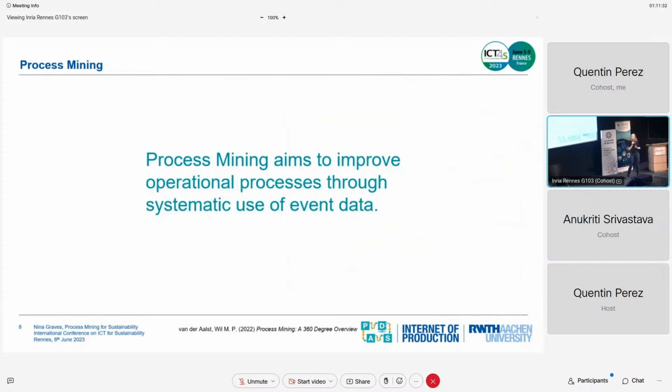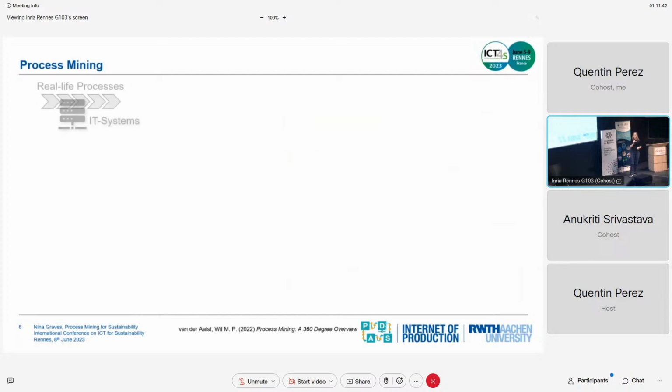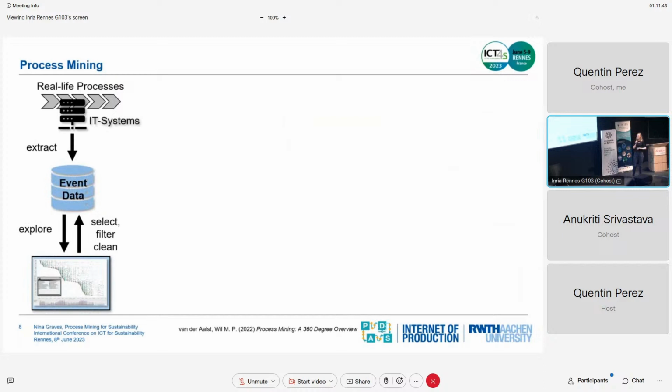Now, process mining. Well, we want to improve processes based on using this event data. And improve is a big word, and it includes a lot, and so does process mining. So we have our real-life processes with the IT systems, and we extract the event data. And as in every data-related topic, this is 80% of the work. So you collect it, you have to make sure that the identifiers are the same from the individual IT systems, so it's really a lot of work, actually. But once you have it, you can repeat it.